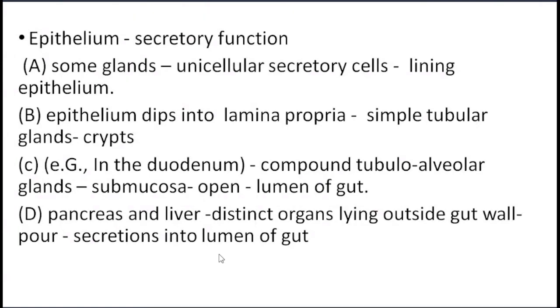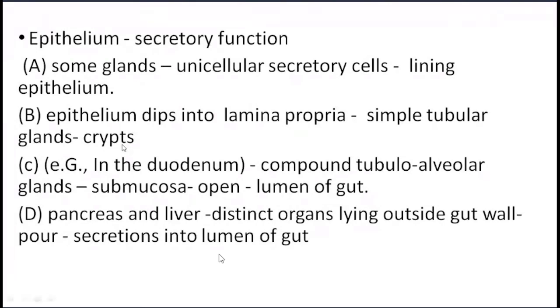तो यहाँ पे आपको secretory functions के लिए कौन से glands you will get. So उसमें secretory function निभाने के लिए you will get the unicellular glands. So that has the secretory cells. These are present in between the lining epithelium. यानी जो columnar cells रहेंगे उसके बीच-बीच में रहेंगे. Then this epithelium, this secretory function, is done by some crypts.